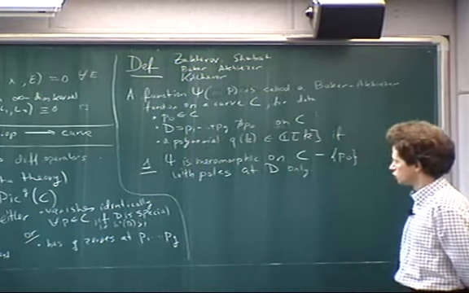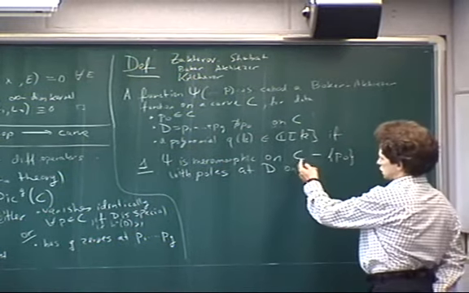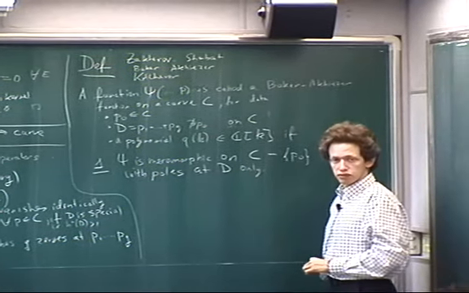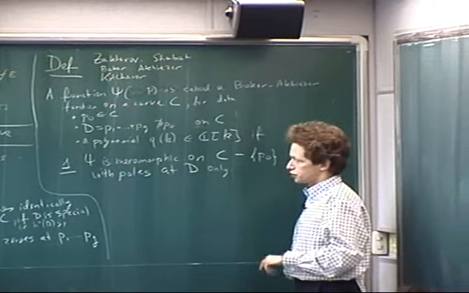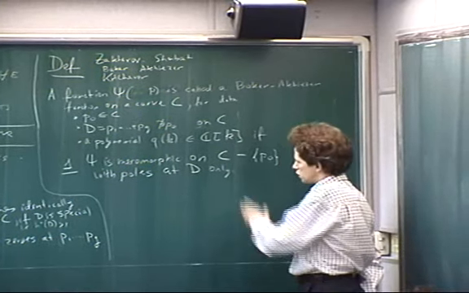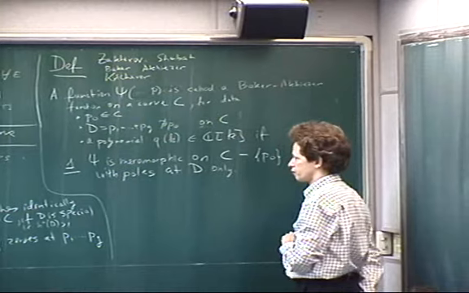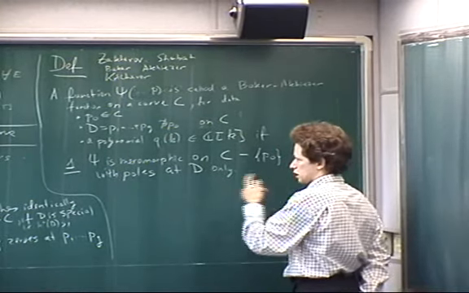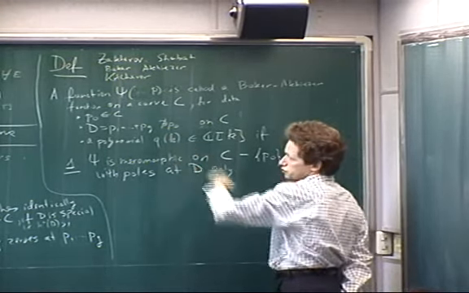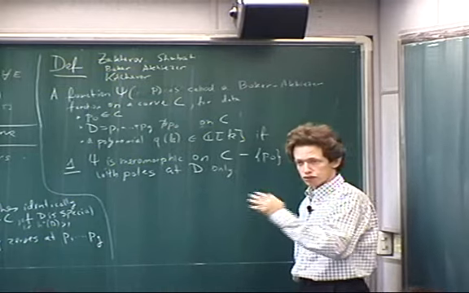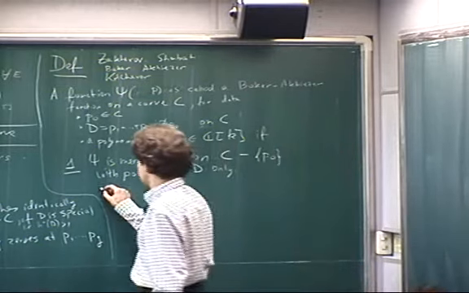Okay. So this means that everywhere except one point, the function psi is meromorphic. At this one point, I haven't said anything yet. And it's only allowed to have poles at this divisor D that we chose. Everywhere else it's holomorphic. And second is